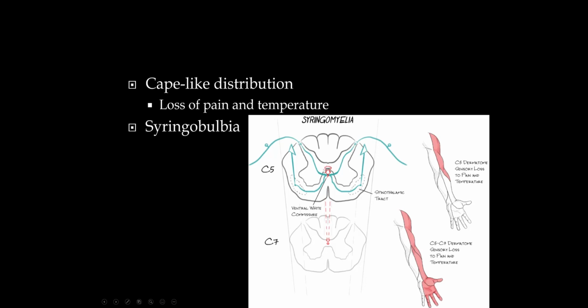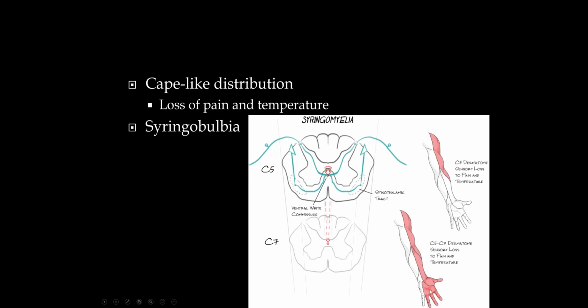Now this is not a tumor, but a growing cavity. And these always tend to early on affect the crossing pain and temperature fibers. And so if the lesion starts at C5, the patient's going to have a loss of pain and temperature in the C5 dermatome in both arms, perfectly symmetrically, because notice both the sensory fibers from both arms are crossing over right here. As it extends down, in this case to C7, well, now the loss of pain and temperature is going to extend to C6, which is the thumb, and C7, which is digits 2, 3, and 4,